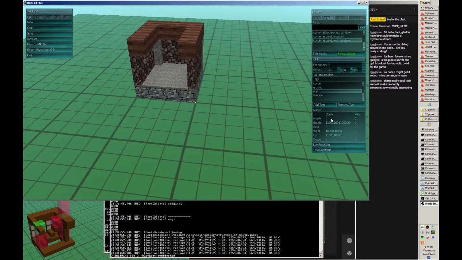But you can see down here how the masks work. Like north, there's nothing because it's blocked. South, we've got some parts open. East, there's nothing. It's all totally blocked. West, we've got just a little window. How these masks work out isn't super important. Up, there's a thing. Anyway, down is super blocked. So